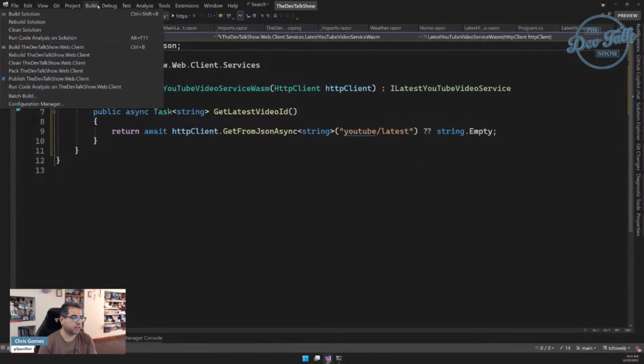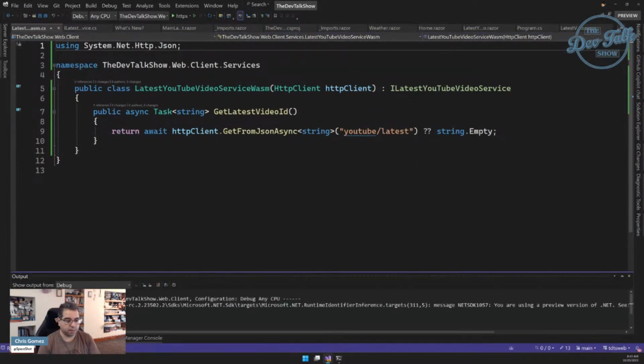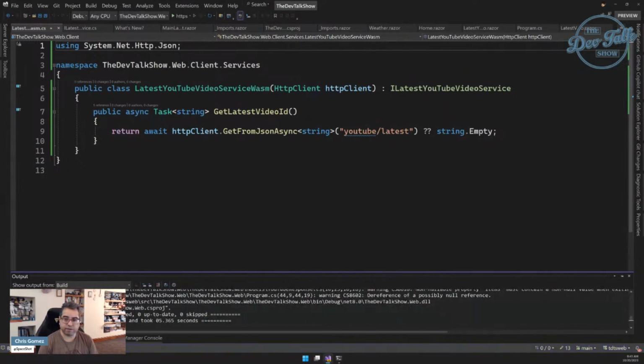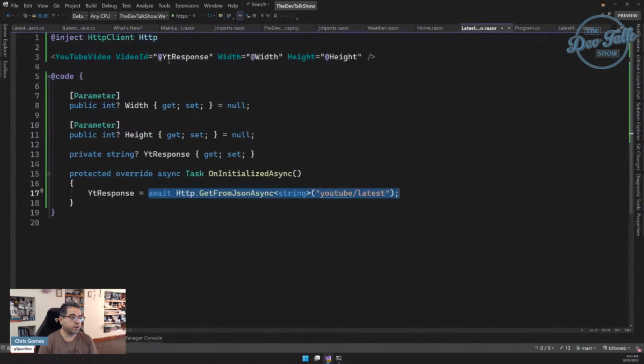These are the only ones we really need. So let's see if this builds. If it builds, I'm going to have to go back and use this instead. We're going to have to get it injected and use this. Okay, so now we go back to our latest YouTube component. It's still set up to use HTTP, but it can't possibly use the new service yet. All right. So what we're going to have to do is add this to the client